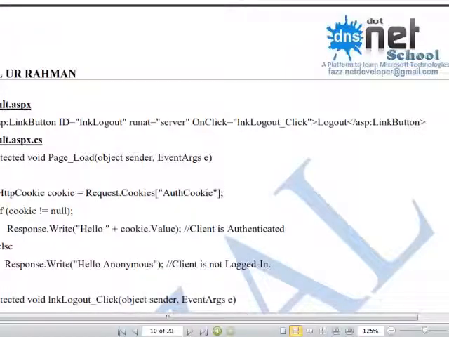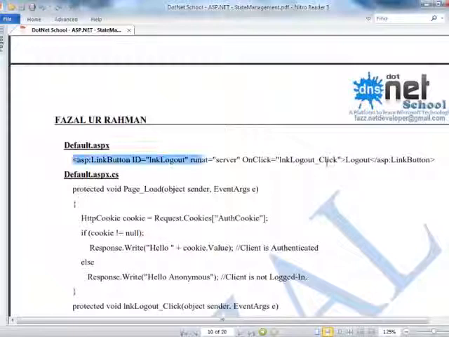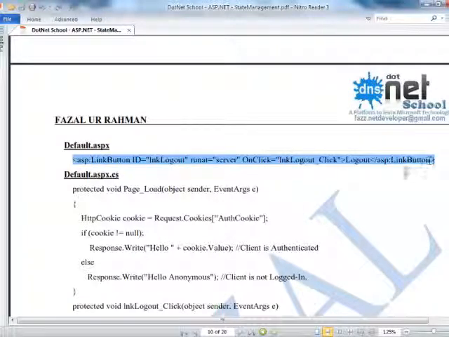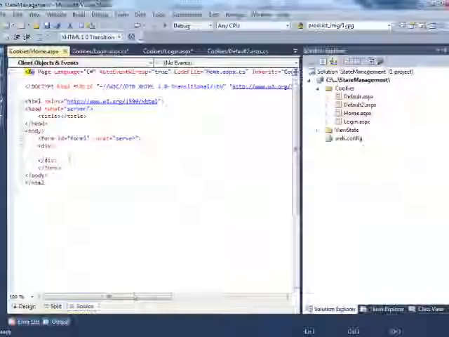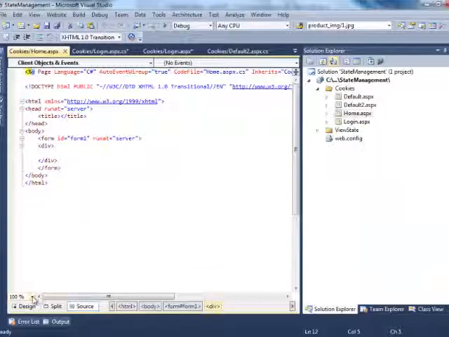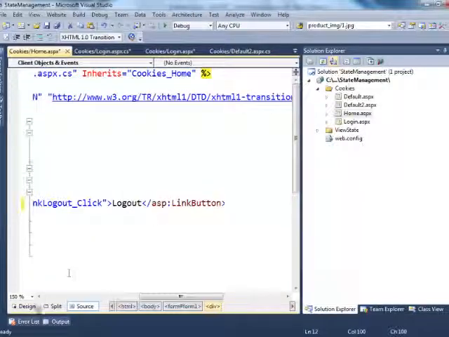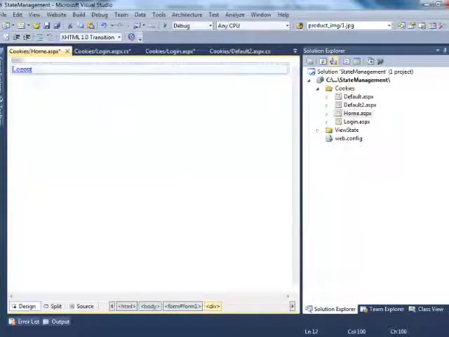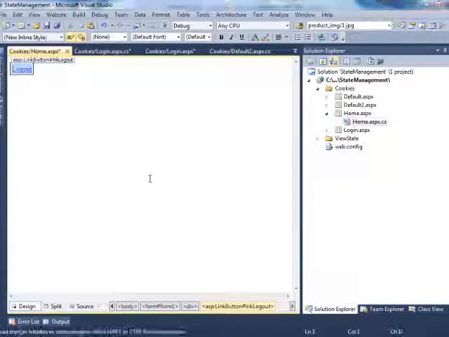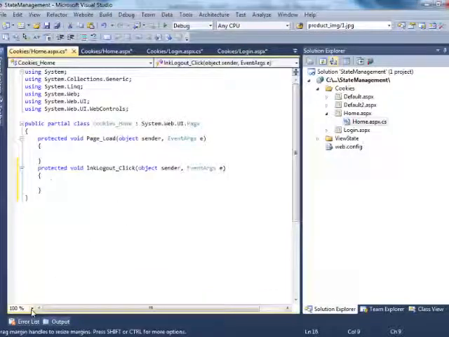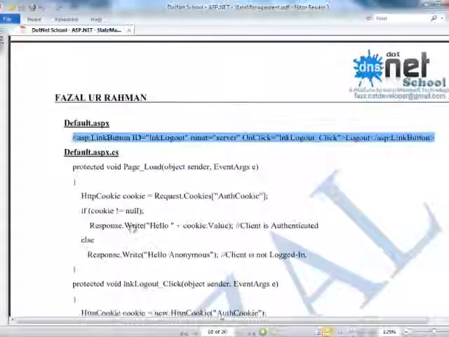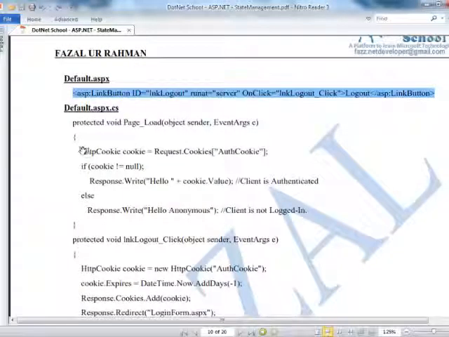Here only one control, link button, Logout. Link button code. Before that, page load event.